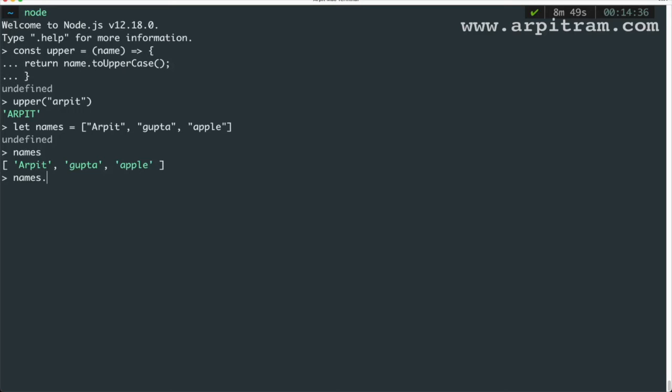If you want to see what other methods it supports, let's say you know map. If you want to use map, you can use it over here. If you want to remove some item from the list, you can use filter, and just pass some function here. Let's say names dot startsWith a, something like that.